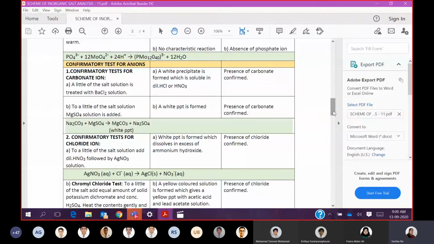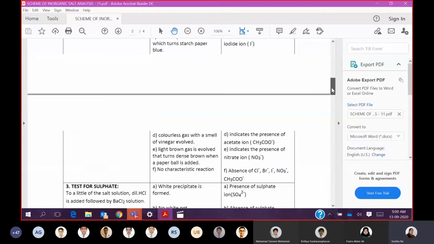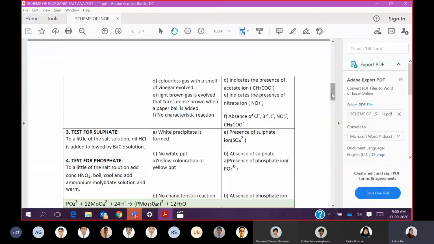In the video, ma'am, they showed HCl instead of BaCl2. No, in the video, Darshan, in the video they have shown the lime water test. Okay, so under confirmatory they have shown the lime water test. But we are doing the lime water test under identification. So in O labs there will be a difference in the sequence given. You have to follow the scheme which is shared with you. Okay, so there will be some changes in O lab. It won't exactly match with the scheme given to you. But you have to follow the scheme of analysis.